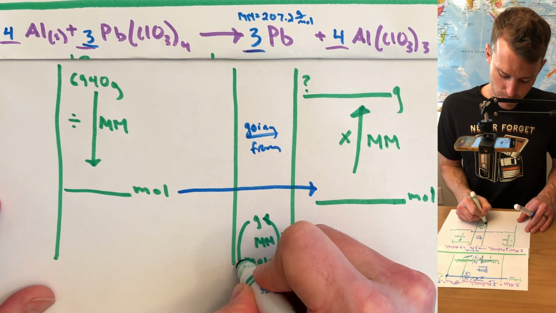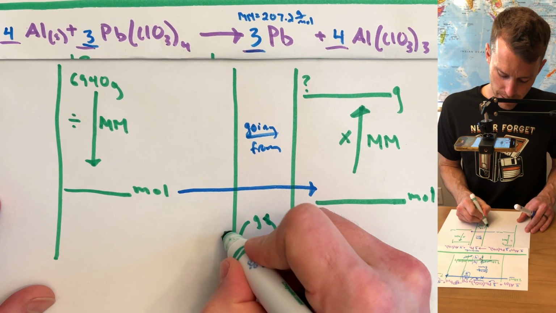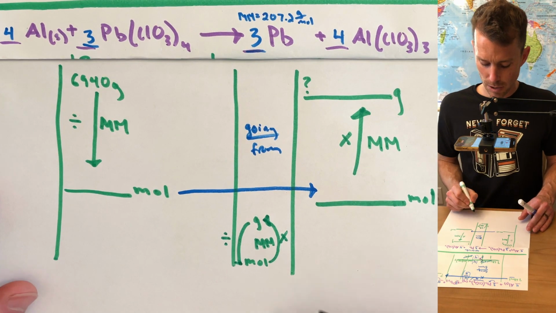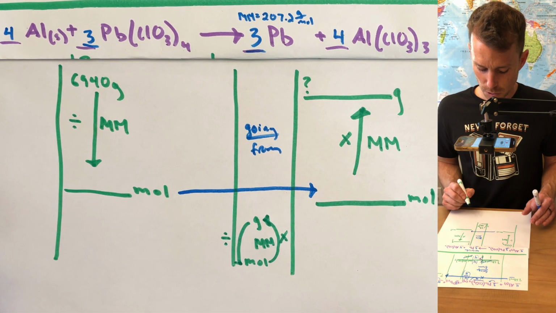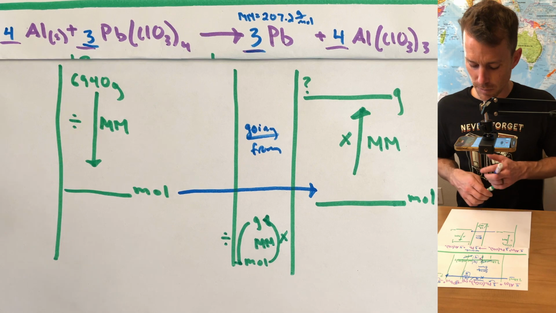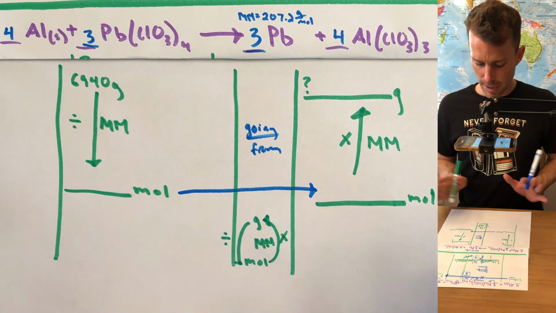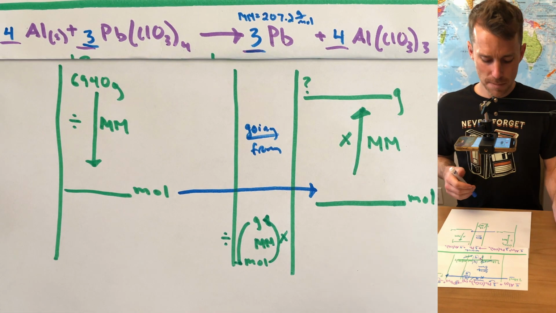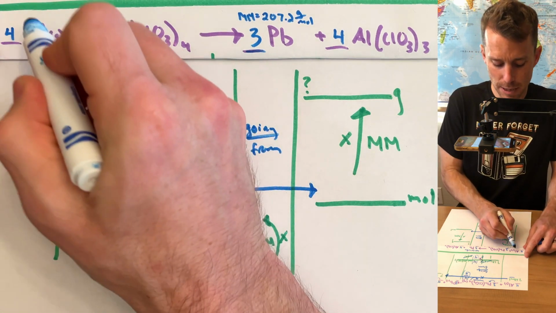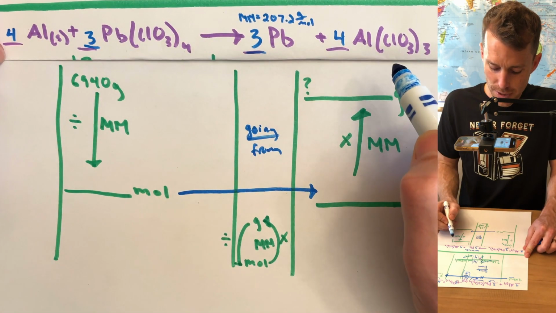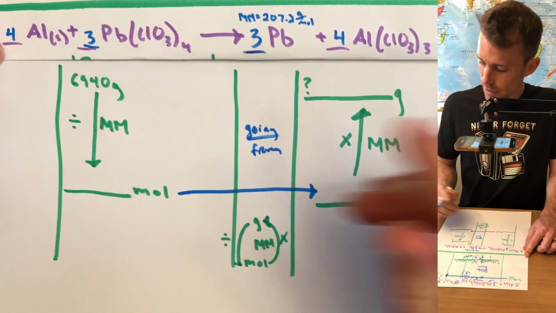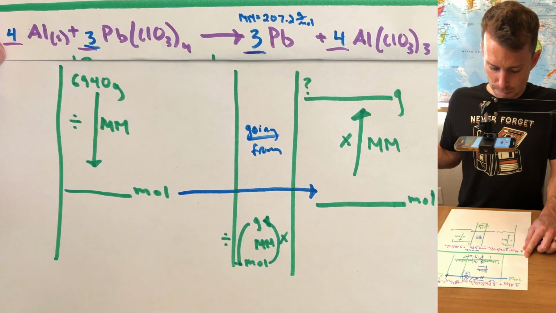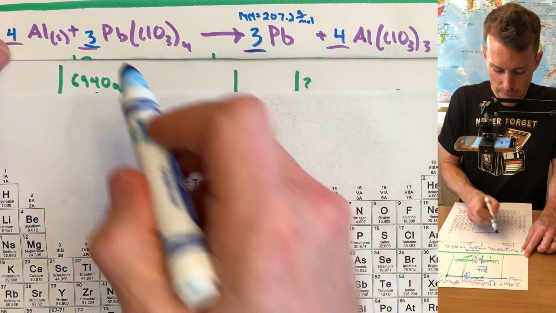Grams to moles, you're going to divide by the molar mass. So that's an easy little concept you can lean back on sometimes if you get stuck. Now let's go ahead and solve what we need. I oftentimes like to put the molar mass of everything on the top. I won't here, just to save us a little time, but we need to find the molar mass of lead